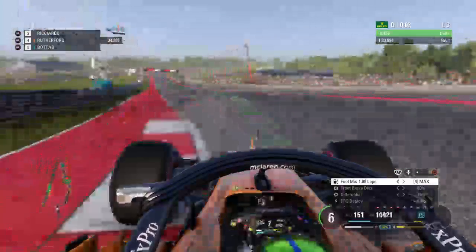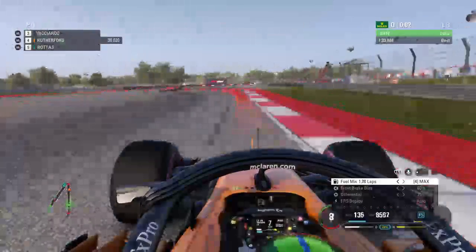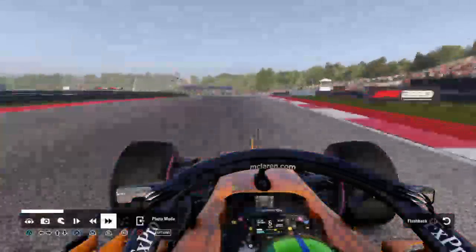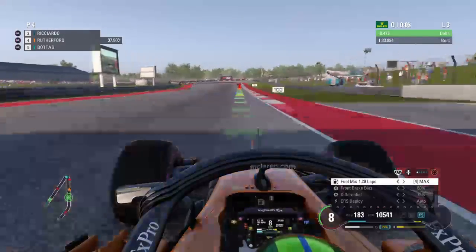0.4 of a second up on my previous lap time. Oh boy. And on old ultras. No, I'll run deep. I'll run deep in that corner. I've lost a lot of time. It's the thing about old ultras. They don't last as long as...